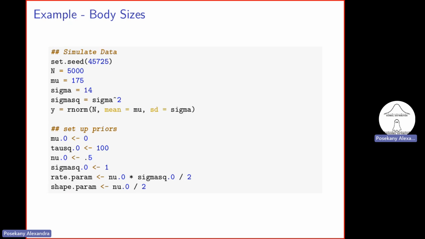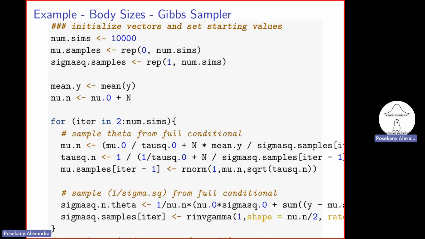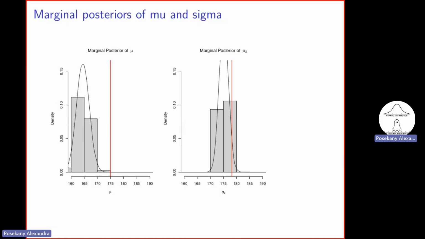See what changes if you change the prior parameters for the variance, for the precision estimation, whether you can get this to being actually closer to where it should be,